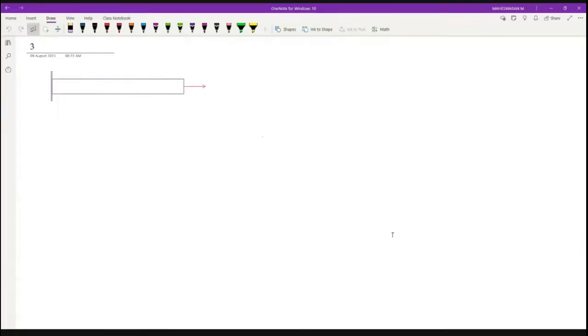So let me consider you have a cantilever beam like this. One end is fixed, the other end is free, and you have a force. Let me consider you have a force of around 500 Newton acting on this beam. And they mentioned what is the cross-section area. So cross-section area, let me consider it is 1000 mm square,